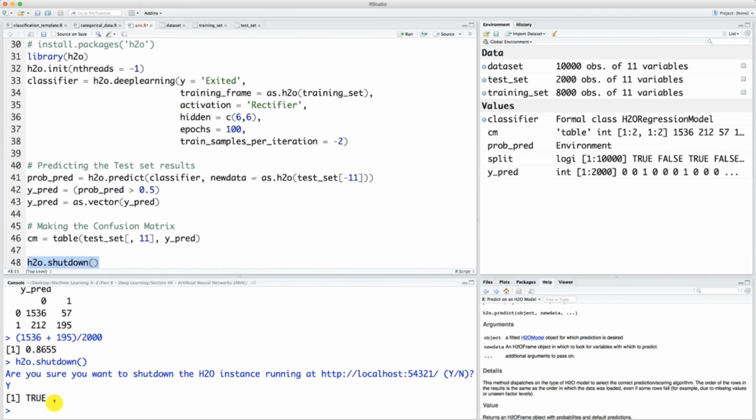So congratulations, you have built your first artificial neural network on R using the H2O package. I was very happy to build this first deep learning model with you, and we're getting to the end of this section. Next section will be about convolutional neural networks, another branch of machine learning specialized for computer vision, because it will consider spatial structure in the data, exactly as it is the case for images, where the position of the pixels matters. So we will see that in the next section, and until